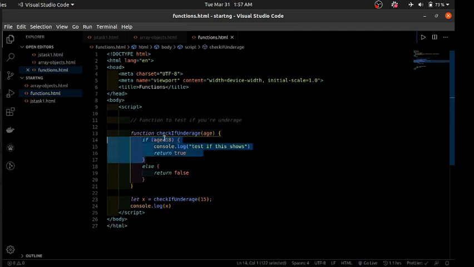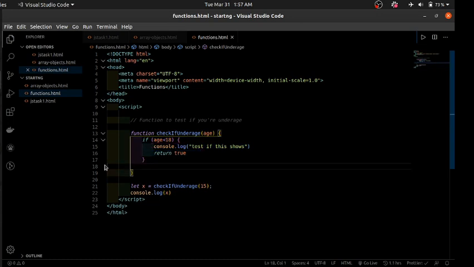So if this condition is not true, the code won't enter this block, and if it doesn't enter this block, it never gets to see this return statement, right? So to show you an example, let's say console.log, this can still show,